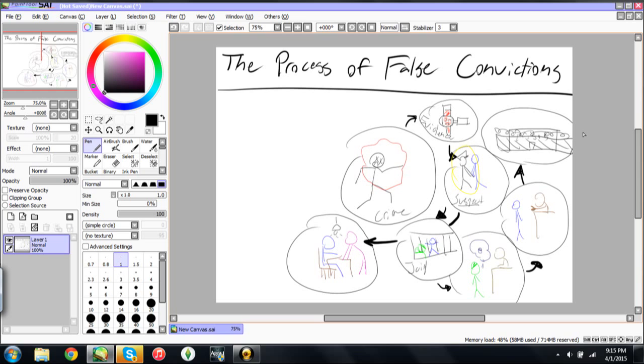Minimization is basically making the whole process, or the whole issue, seem like it's a lot less worse than it actually is. So it's kind of like saying, hey, we know that this crime has been committed, we don't think that you've done it, but we still need you to give kind of like a testimony, per se. So, basically,